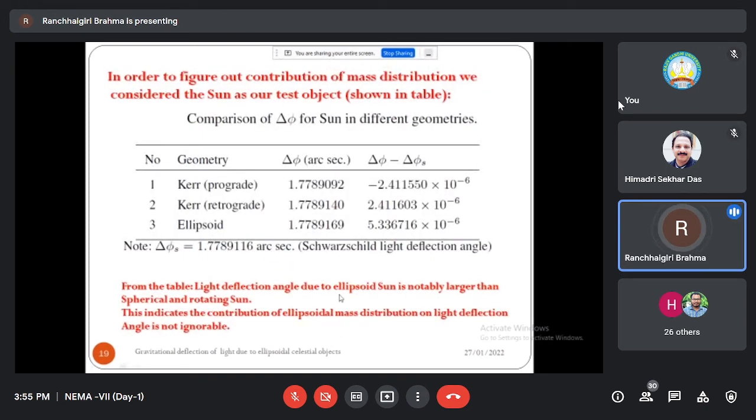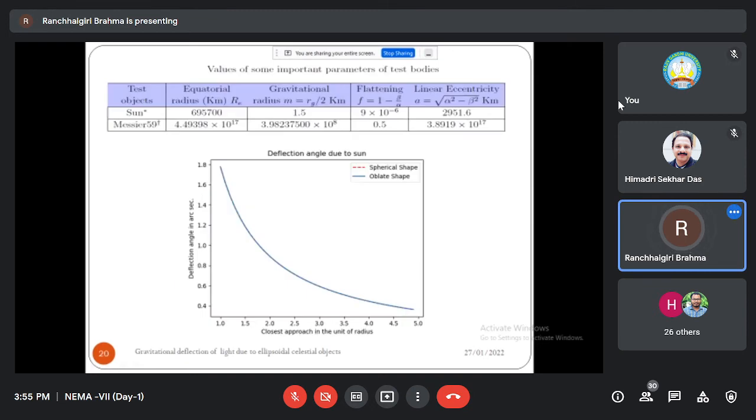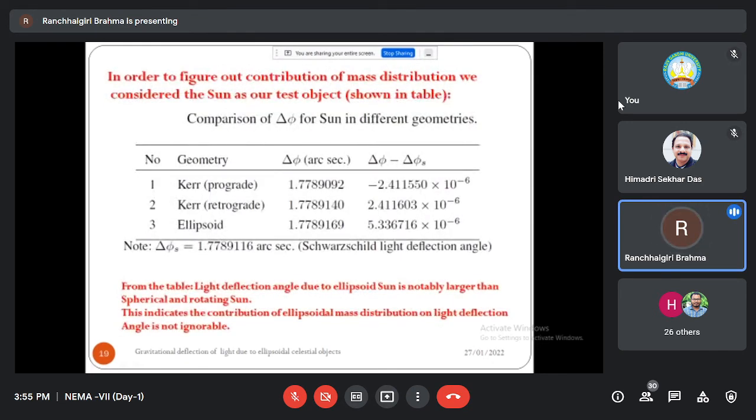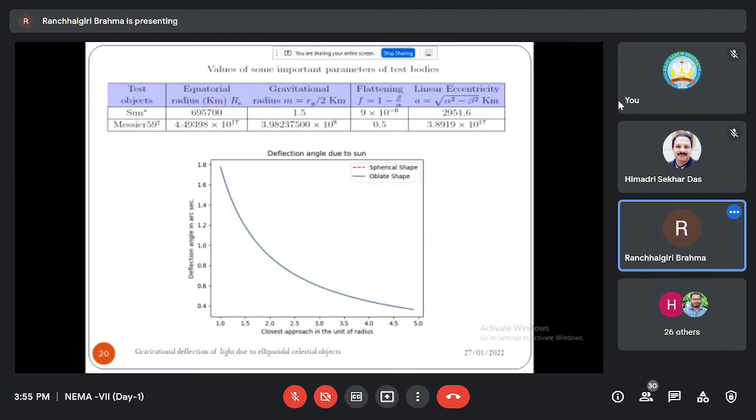We have seen that the contribution due to the ellipsoidal object in the deflection angle is found to be sufficiently greater than the contribution due to the rotating object. Then you can say that the ellipsoidal mass distribution cannot be neglected when we are studying the deflection angle of light or the trajectory of light. And these are some